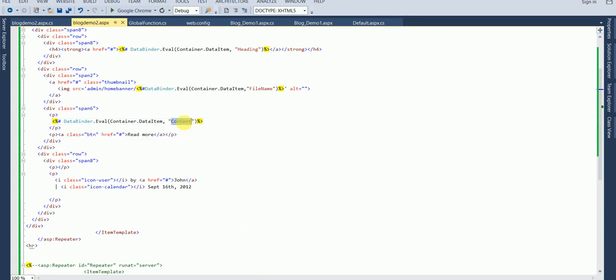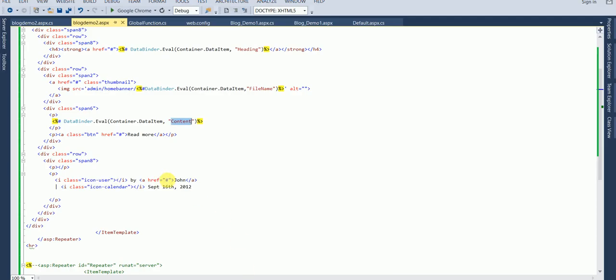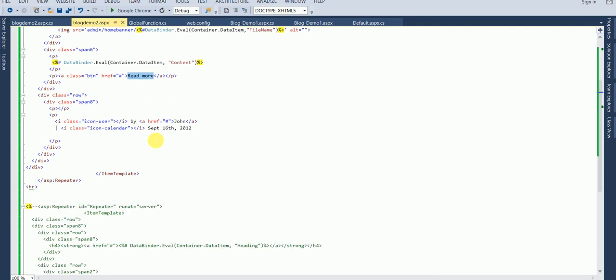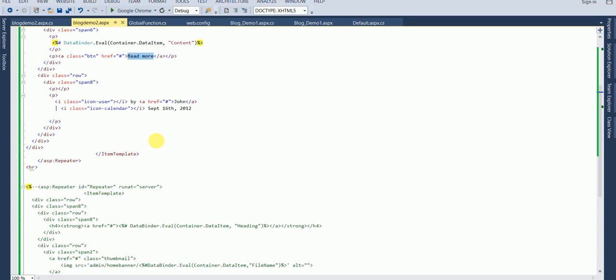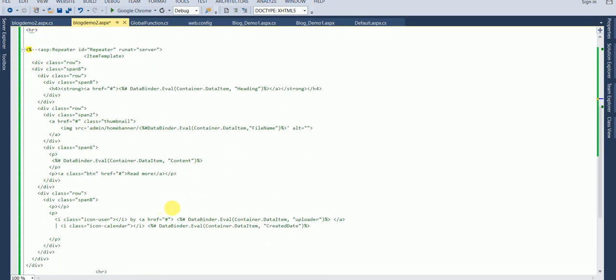Okay, so this is my column which is holding content, and again for the time being I will not upload. You can upload, you can bind ID here in place of read more, but for the time being I'm just leaving these things unchanged. Now I would like to bind John. I would like to delete John and bind the admin name.